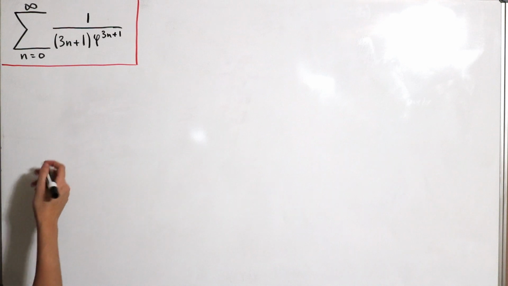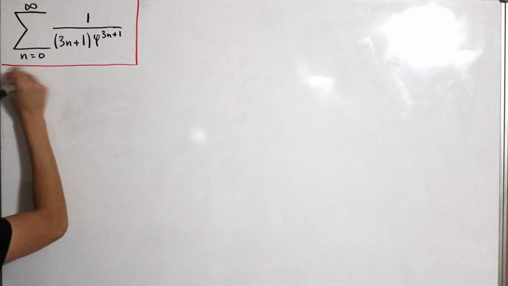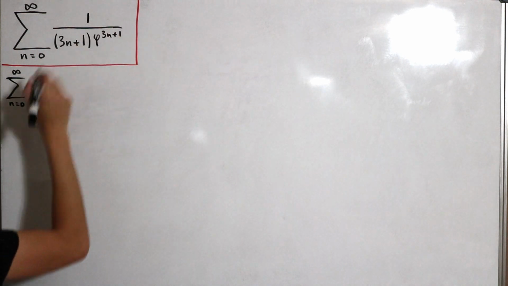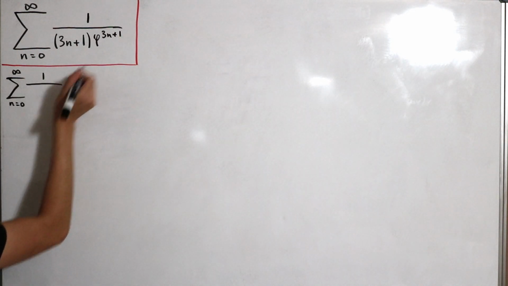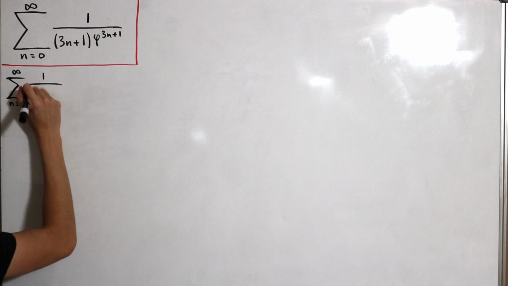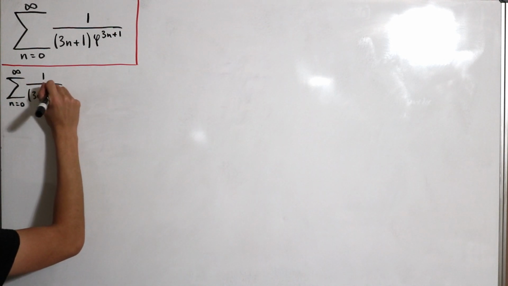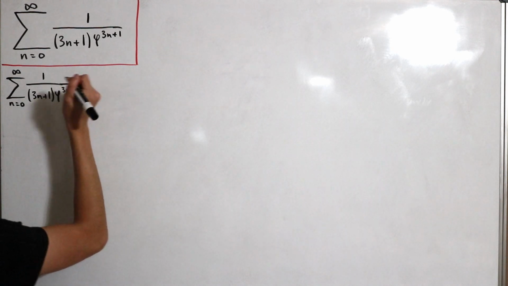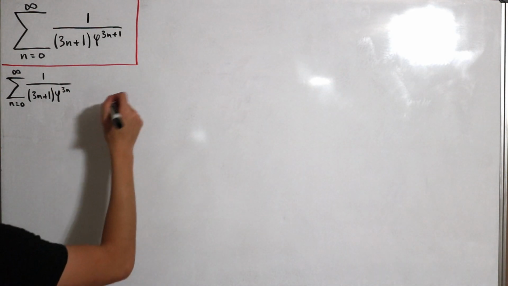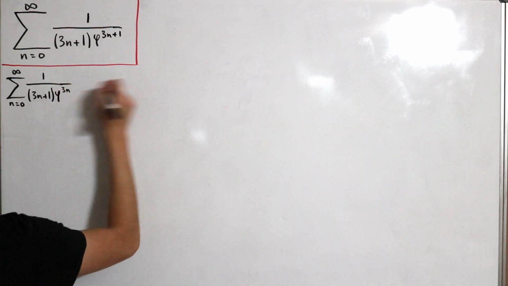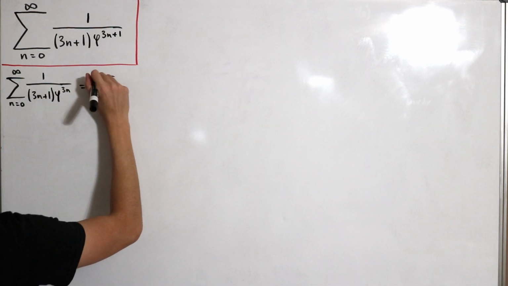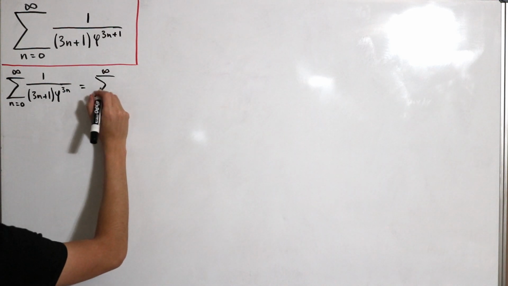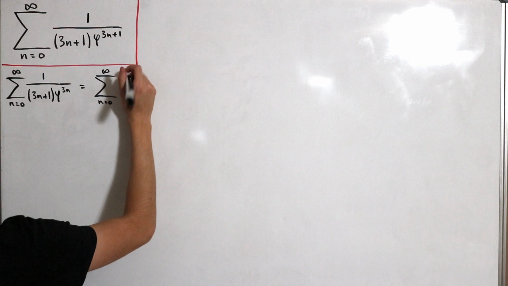So let's focus on the infinite sum, specifically the same sum over here, but as I mentioned, we're excluding the plus 1 in the exponent. So instead we're looking at 1 divided by 3n+1 times phi to the power 3n. But what you want to notice is that this is actually just equal to the series we're being asked to expand out. If you verify this yourself, you'll see that it can be rewritten